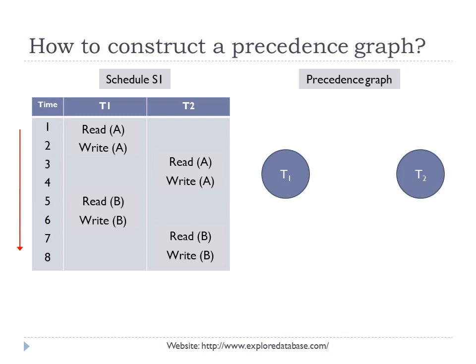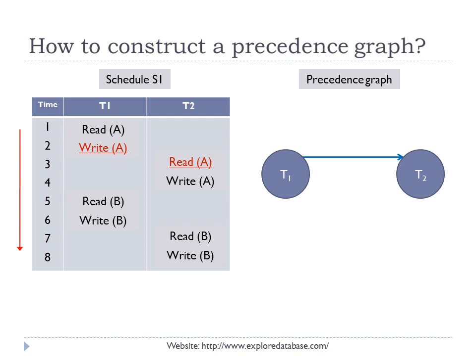To include an edge between transactions, we have to find conflicting instructions between transactions in the given schedule. We have write A of T1 conflict with read A of T2, and T1 instruction happens first, then T2 happens. So we include an edge between T1 and T2 headed towards T2. There is no conflict between write A of T2 with read B of T1 or write B of T1, hence no need to include an edge from T2 to T1.